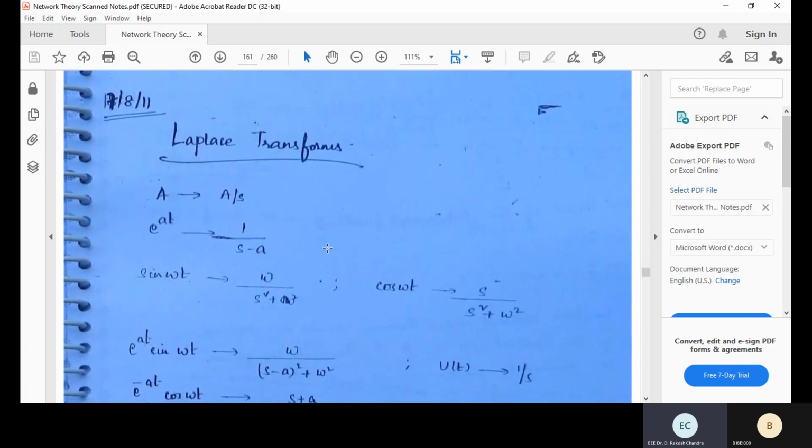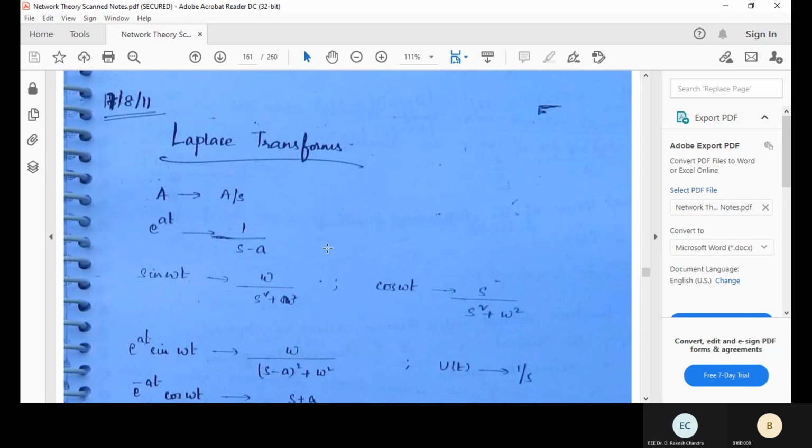Okay, Laplace transforms. So more significance for the Laplace transforms. I already mentioned in the beginning of transients, the beginning of network theory in fact. If you want to find out the current response in the system, you can go for the differential equations and you can go for Laplace transforms. With Laplace transforms, you no need to evaluate differential constants. That means if you solve the differential equations, you will have the differential constants. You have to evaluate the differential constants by using the initial conditions. But in the case of Laplace transforms, that is not required.